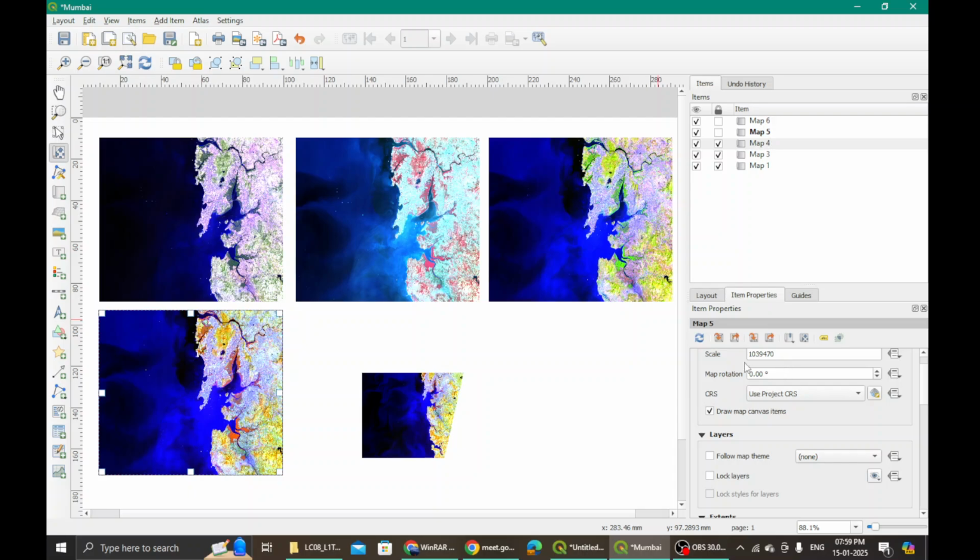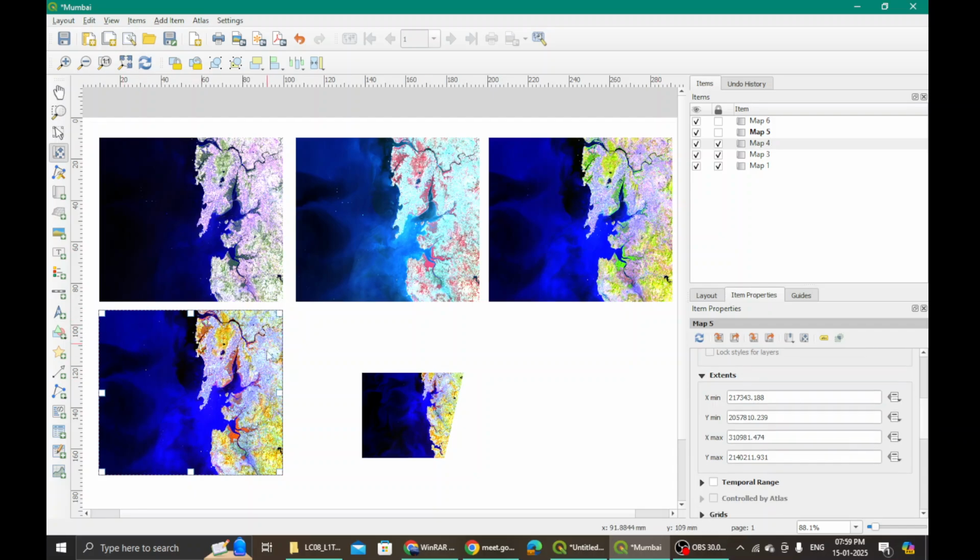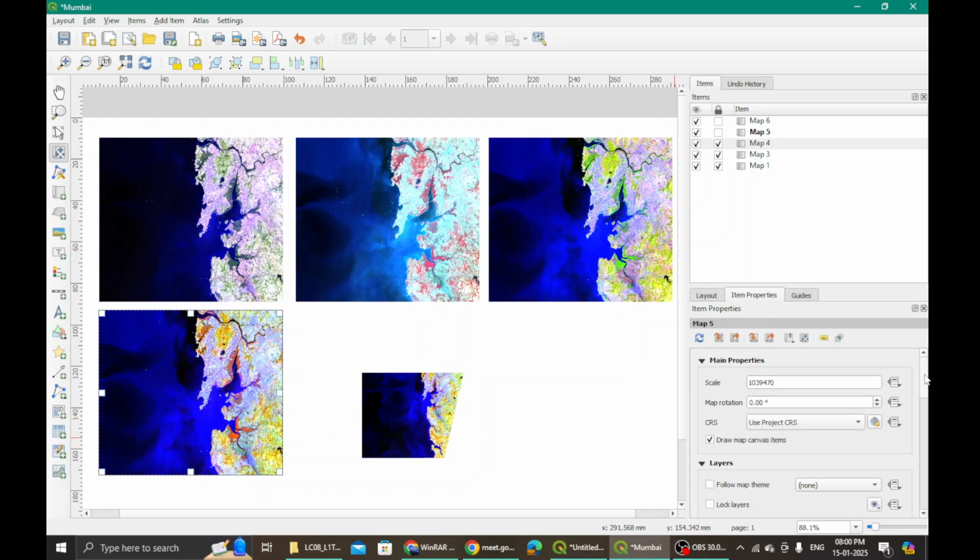You understood me? Like how we are using this scale, adding it there such that the required zoom level is attained. You can also fix that particular map tile, make it identical in dimension using this extents. So note down this x minimum, y minimum, x maximum, y maximum. Note it down in your notebook, and then every time you make a new tile, add these values along with the scale to it, such that it becomes completely identical.